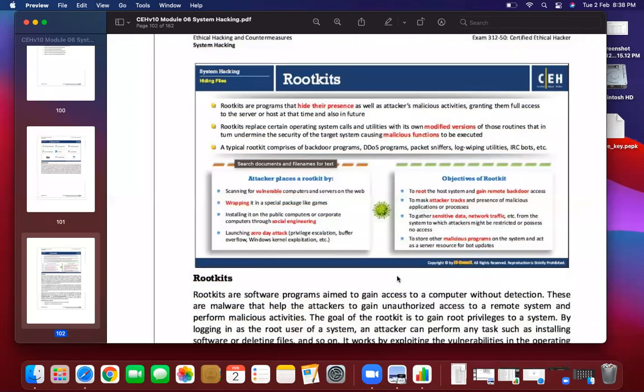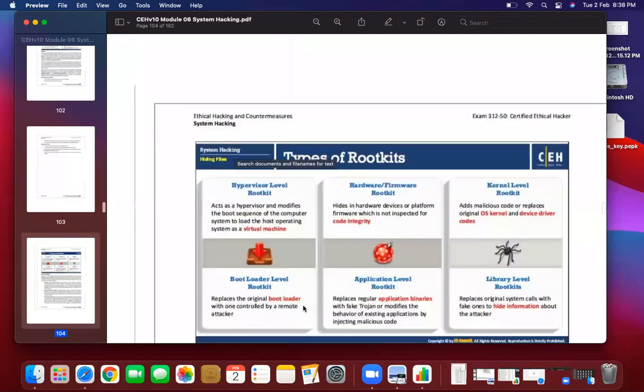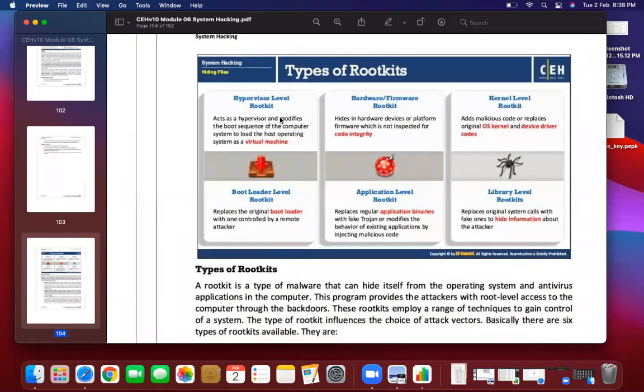So rootkit is very important and is used by a lot of attackers. It is a very dangerous program. Types of rootkits: hypervisor level rootkit, hardware level rootkit, kernel level rootkit.